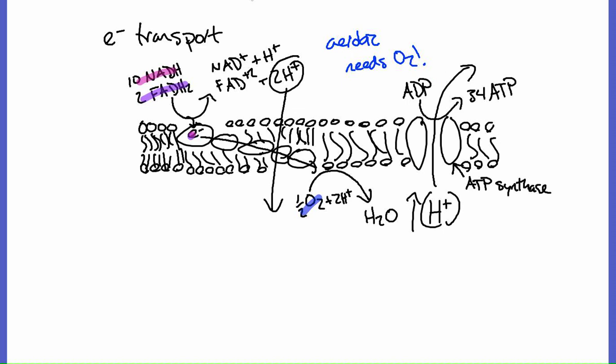But it wouldn't be possible to make all that ATP if I didn't have the oxygen. Again, the energy came from these NADH, FADH2 molecules, so this ATP is going to contain a little bit of energy from this, a little bit of energy from that. But now that it's in this ATP form, it's going to be usable anywhere in the cell, these high energy molecules. So I needed those, I want those. Those NADH and FADH2 molecules aren't all that useful anywhere else. But without oxygen here at the end of this electron transport to catch electrons, none of this would be possible,